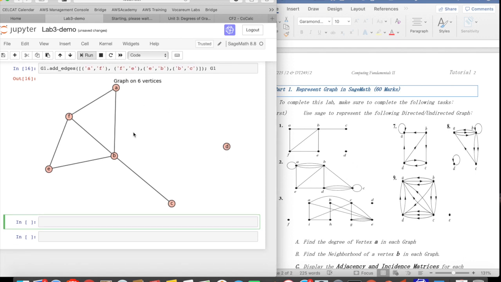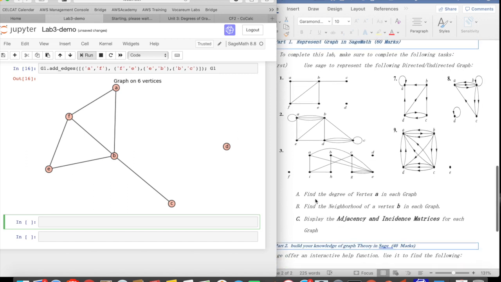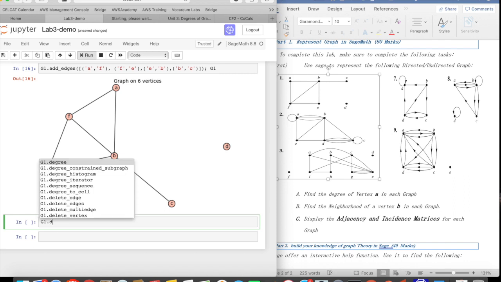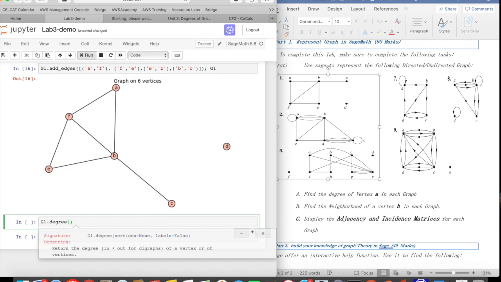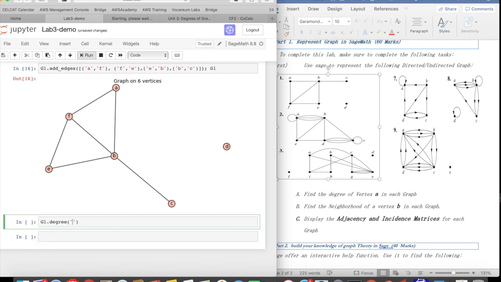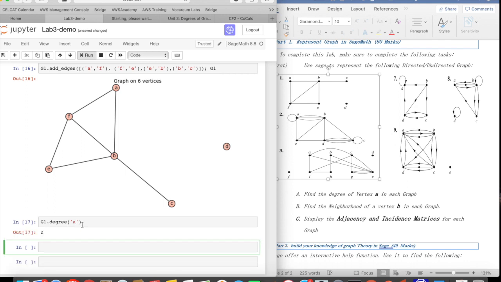So we finished the representation of the first graph, and now he said, find the degree of the vertex A in each graph. All I need to do is put the constructor G1 and look at D, press tab. Is there any function I could use to find the degree? Yes. So the degree, open a parenthesis, shift tab, so this returns the degree, in plus out, of the digraph of a vertex. And now pass the vertex A, and it will tell you